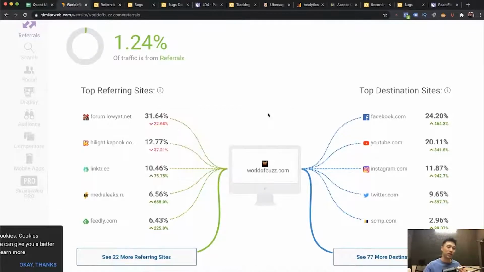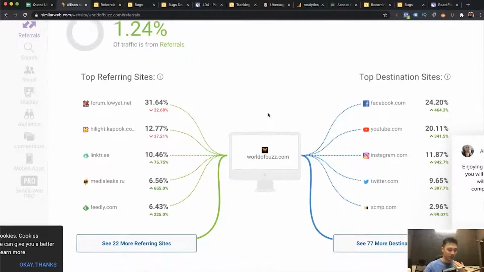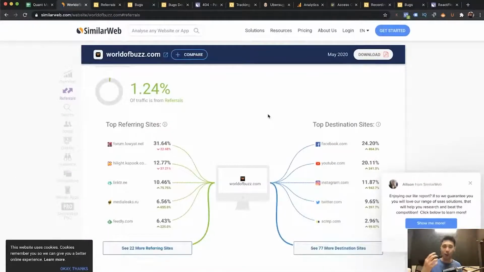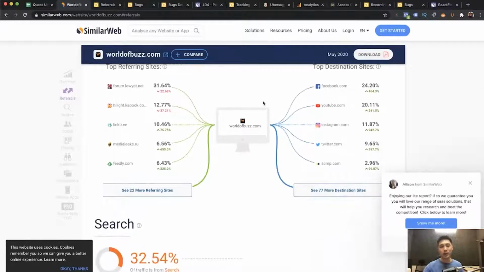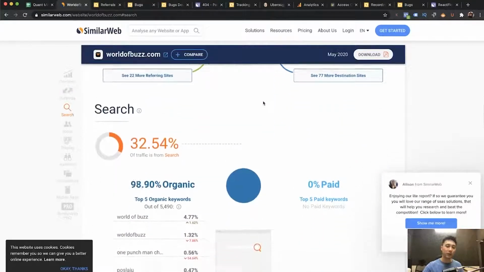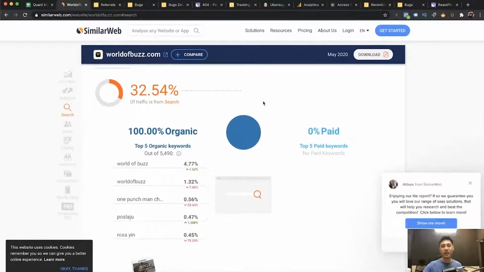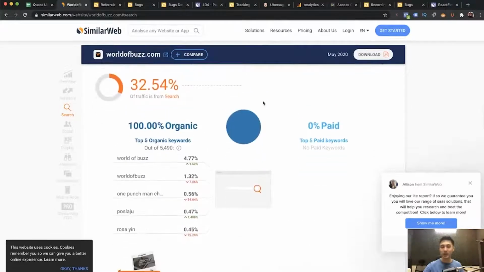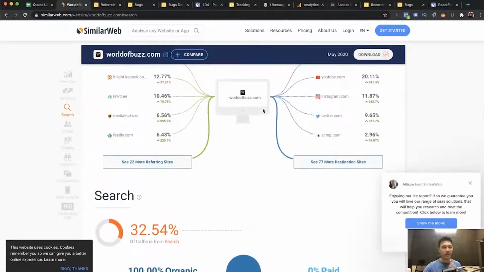So something we can do is look at where competitors are getting their traffic from, and then look at ways you can get traffic from those sources as well. This is one of the ways we can do it. Of course, I'm showing you just something simple, and I hope this gives you some idea. So use SimilarWeb. Again, this is not a free tool. The free tool only gives you a bit of data, but for a start, this is sometimes enough to see some data and get an idea of what your competitors are doing.